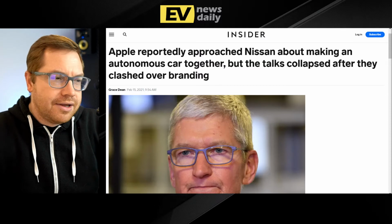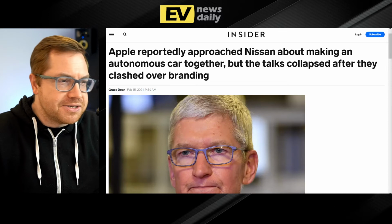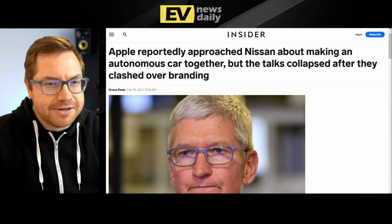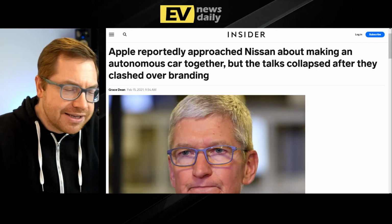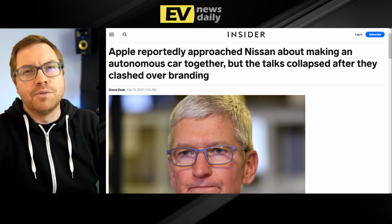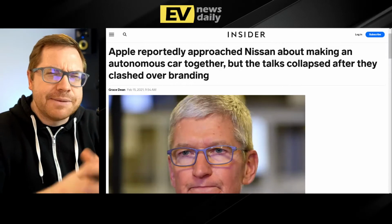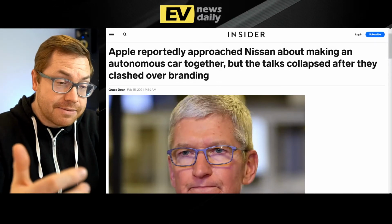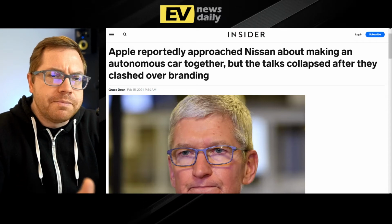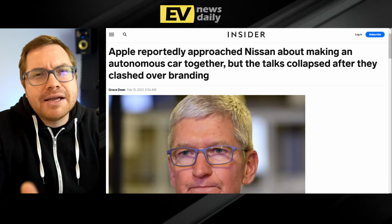No. Turns out that actually they were talking, according to one report in the Financial Times, picked up by Business Insider, a sad Tim Cook, probably because it's another deal that seems to be off the table. Seems to be a similar case to the Hyundai and Kia deal, which was they probably wanted their name on the car somewhere. They're big car makers. Same with Nissan. And Renault, Nissan, Mitsubishi, the alliance, really. A big name, and they would not want to be an unbranded Foxconn, because the company that makes the iPhone,